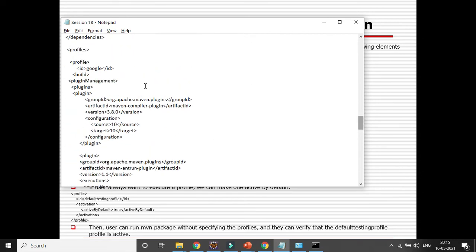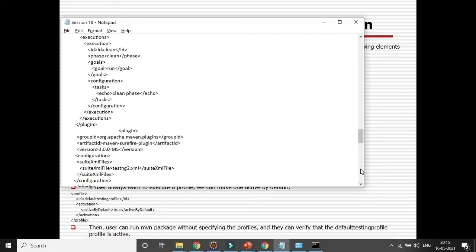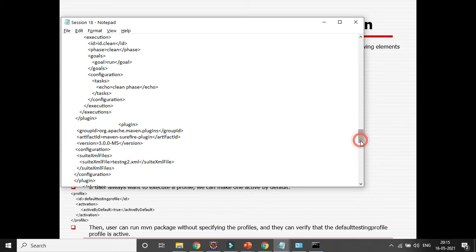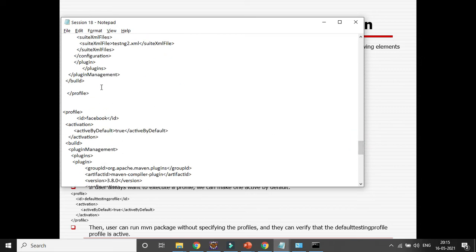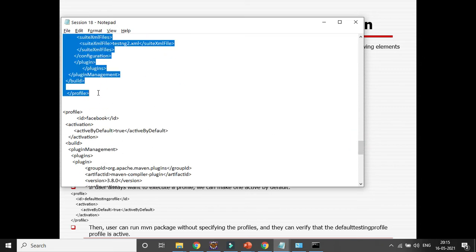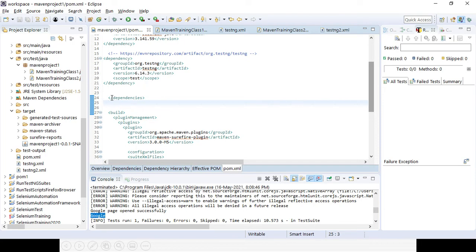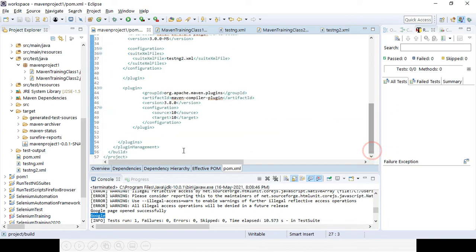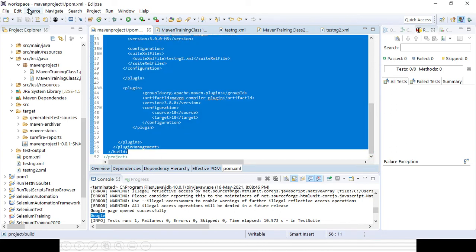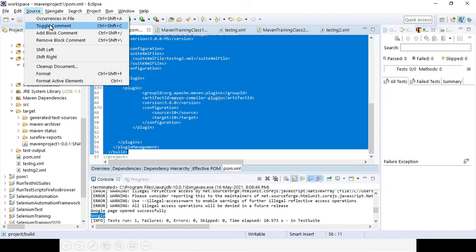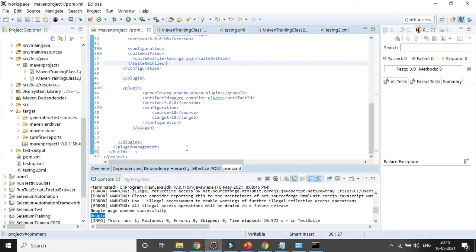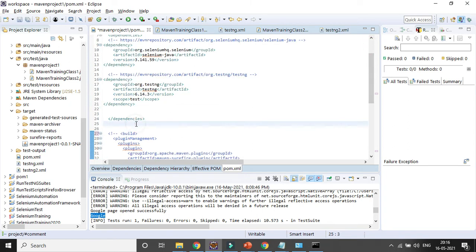So I'll be adding it here. Let's comment out this build part, add a block comment, and I'll be adding the profiles after the dependency.